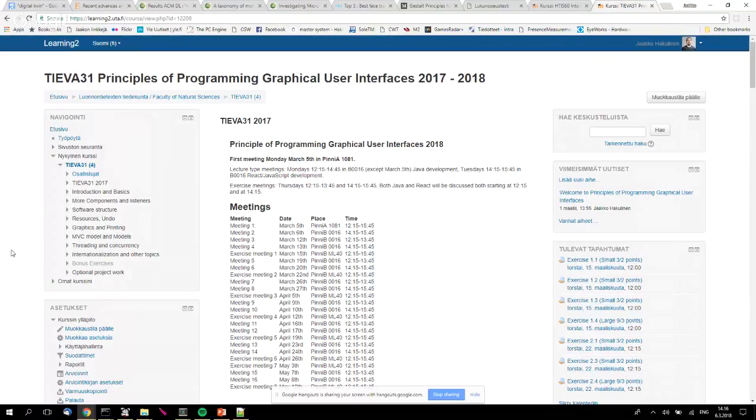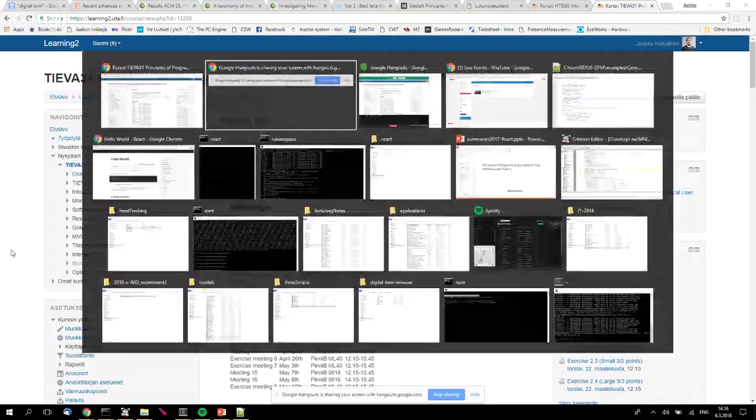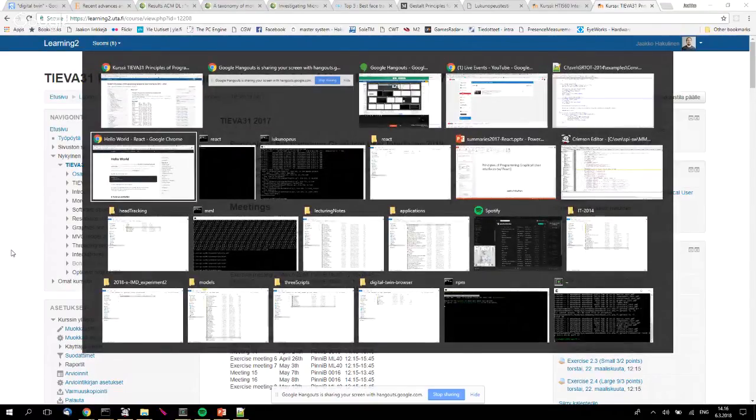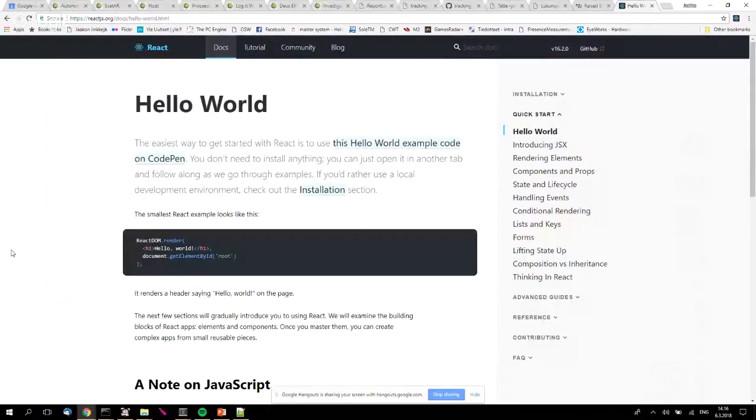So the tool we are using for the web development is React. So we are not doing plain JavaScript and HTML development. React is something quite different. So I assume you know the basics of JavaScript, HTML, and CSS. For example, you have taken the course Johdatus www-tekniikoihin, the introduction to World Wide Web technologies, where you can learn